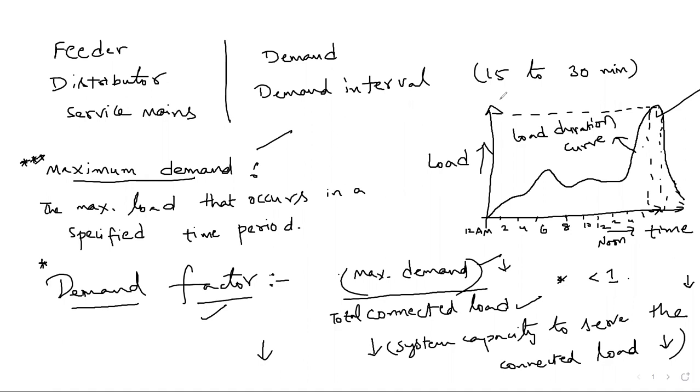So try to interrelate this demand factor and diversity factor, right? When the diversity factor is increasing, the sum of the individual maximum demands of the various subdivisions of the system is increasing, right? When the numerator is increasing, obviously the denominator, the maximum demand of the complete power station, goes on decreasing. That again reflects on the demand factor, with maximum demand as a numerator. So that indicates the demand factor is decreasing when the diversity factor increases, right? So try to catch that point. That is very important for competitive examinations. The relation between demand factor and diversity factor.